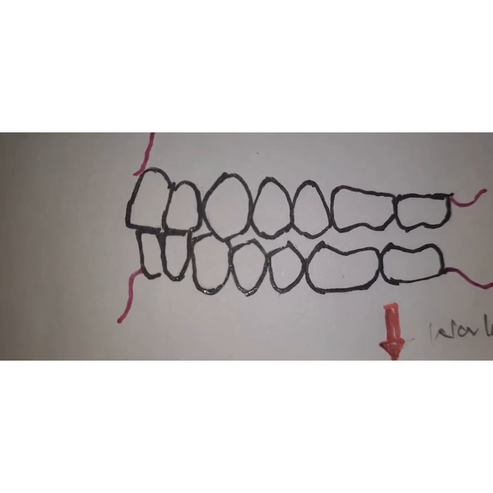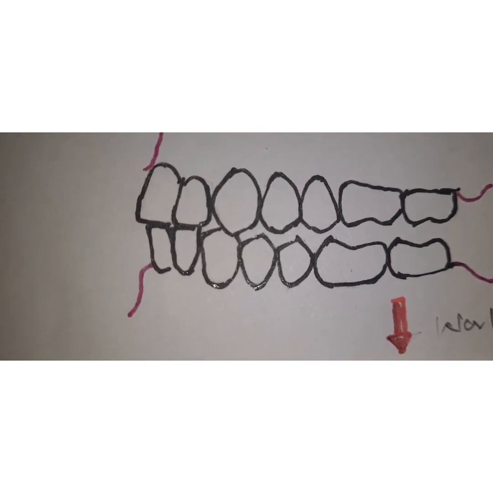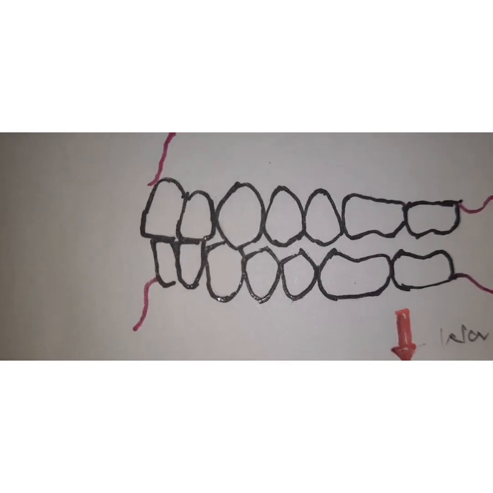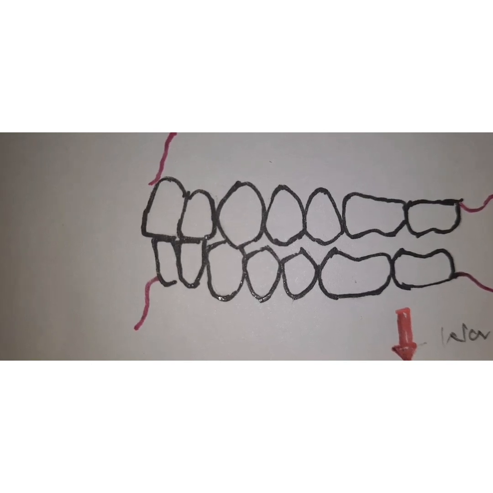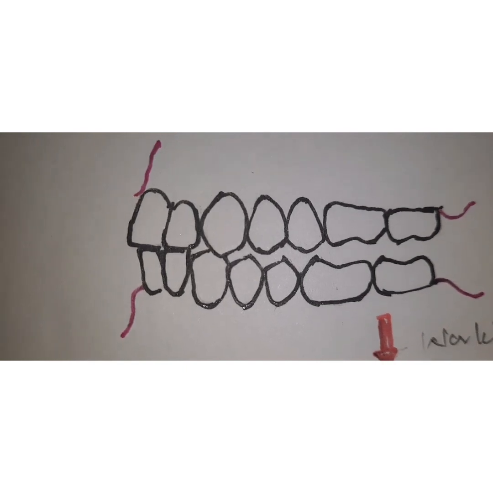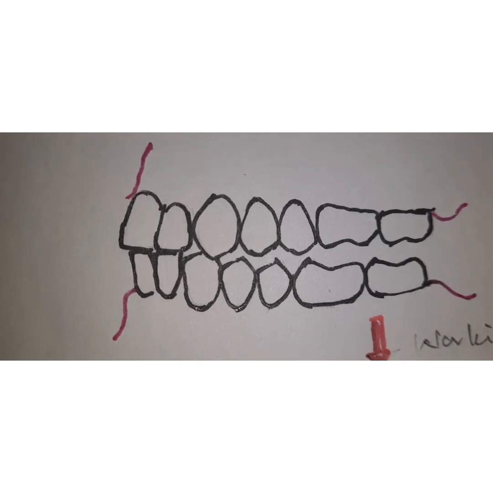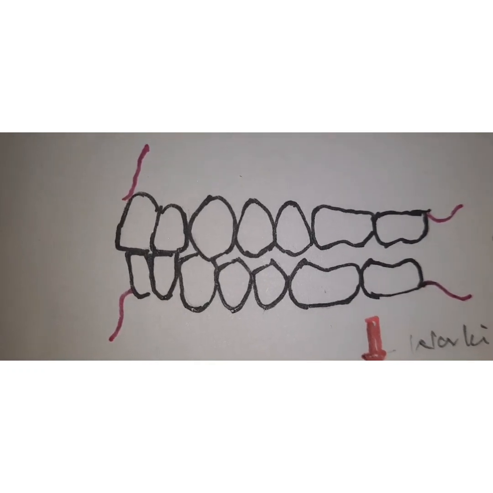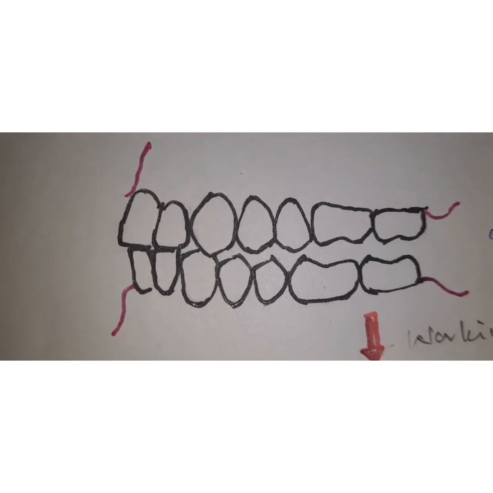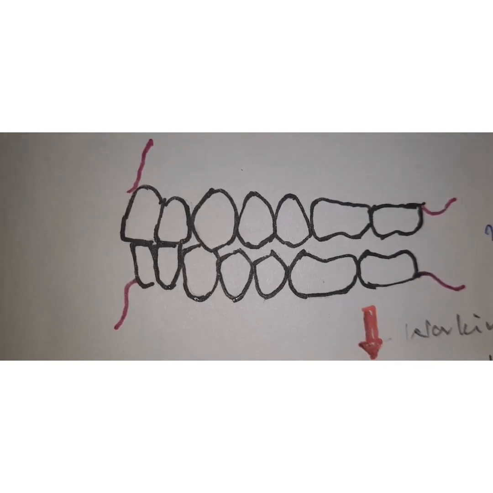So, by definition, canine guided occlusion is an occlusal scheme in which the anterior teeth disengage the posterior teeth in all mandibular excursive movements, and the posterior teeth prevent excessive contact of the anterior teeth in maximum intercuspation. That means the anterior teeth are protecting the posterior teeth, and the posterior teeth are protecting the anterior teeth. This type of occlusal scheme is seen in patients who have good periodontal health and show minimal wear, such that the anterior teeth prevent the posterior teeth from making any contact during the mandibular lateral movements on the working or the non-working side.